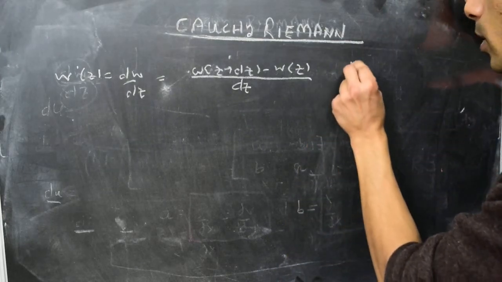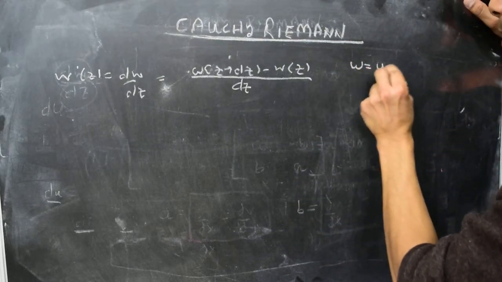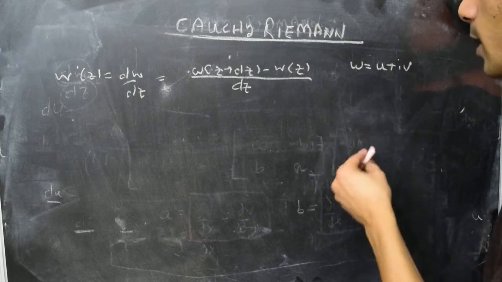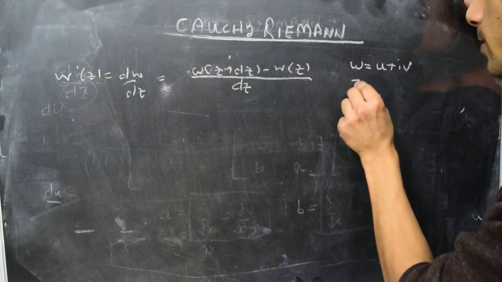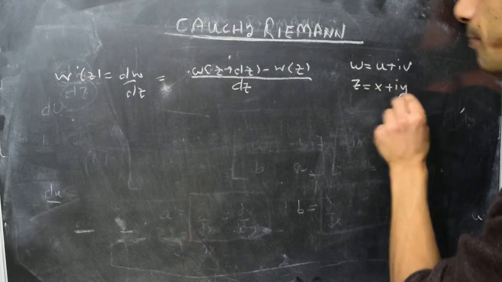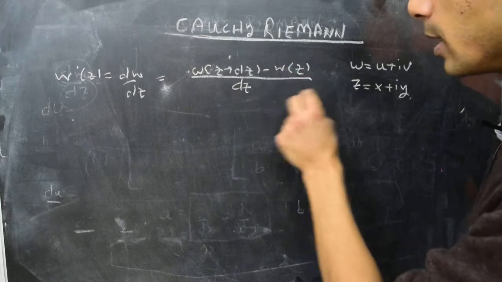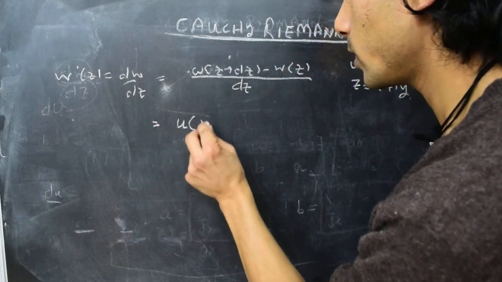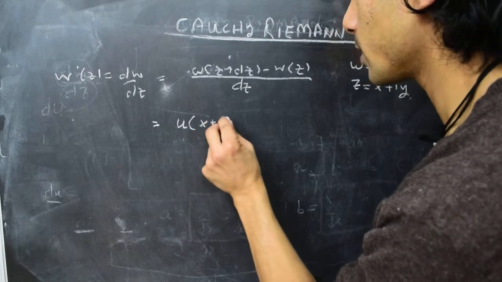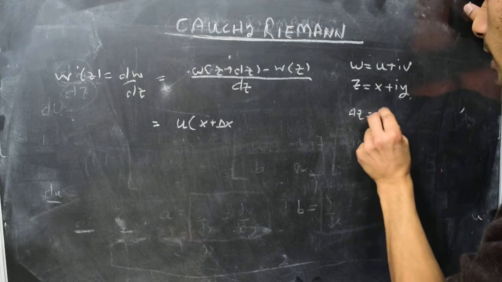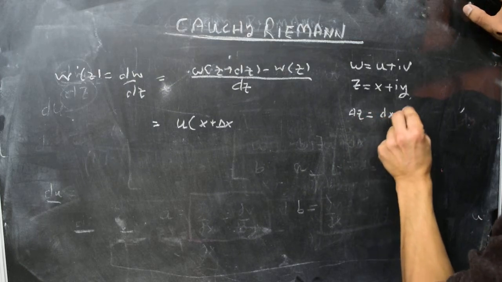Now, w is u plus iv. This is the generic choice of variables that we make, and z is x plus iy. So w at z plus dz is actually u evaluated at x plus dx. So if dz is dx plus i times dy,